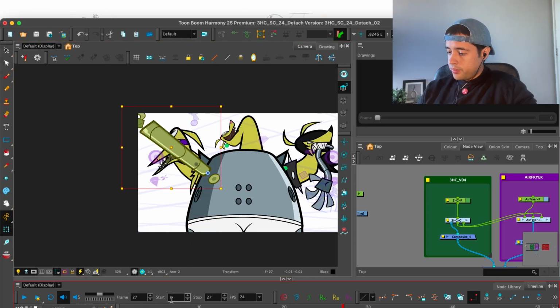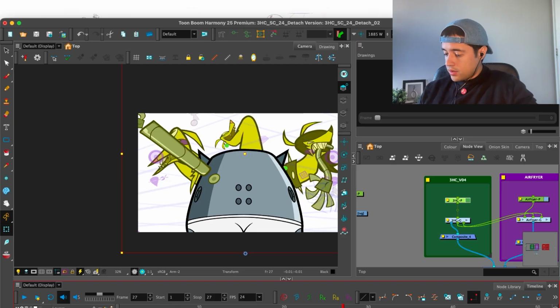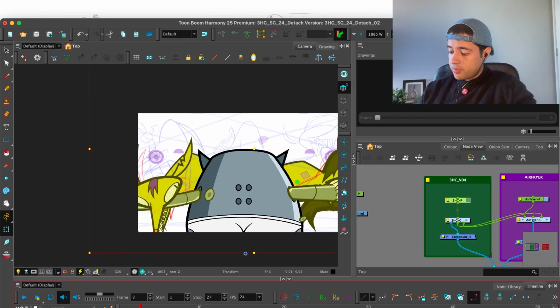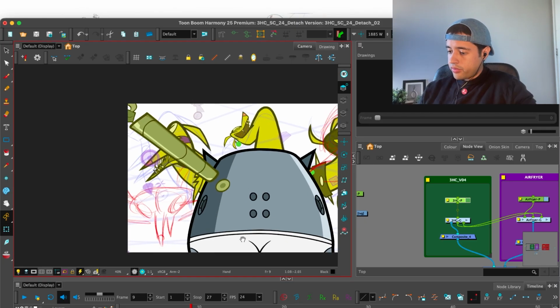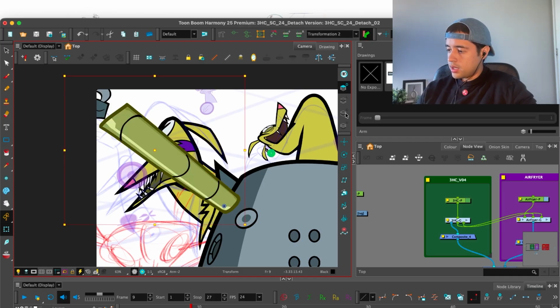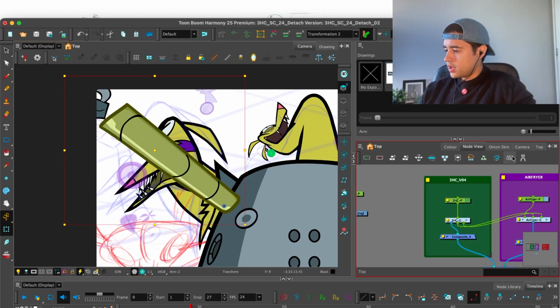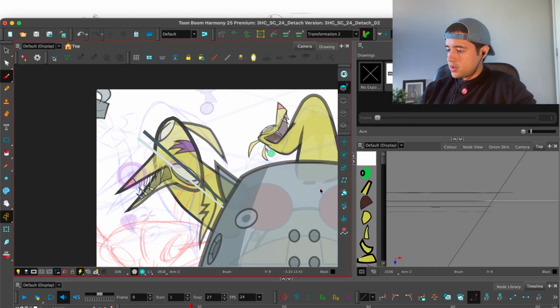Boom, boom, bam, up. So here, I'm going to copy and paste these frames here, and I'm going to add a breakdown here, bam, before going to this up position. Here the arm. Which arm am I using here? This one, right? Yes. But instead of going towards the top here,